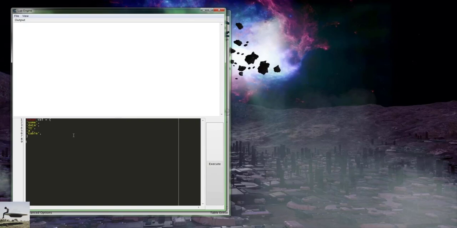But at any rate, if we've got this table, and we try to iterate over it with ipairs, it will work fine. Pairs, tbl, do